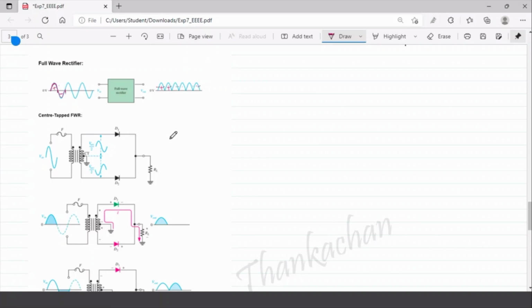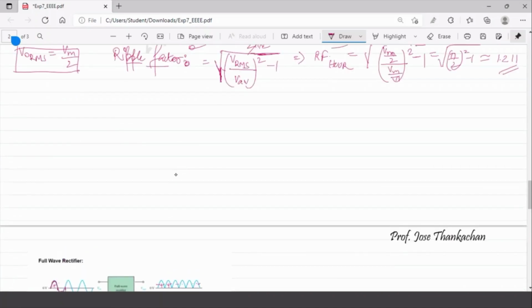For a half wave rectifier, we had seen that if this is the input, the output was coming out to be like this, with the time period. That means for one cycle it was getting only one pulse at the output. This is the output voltage, this is the source voltage, and both will have the same frequency. The frequency of the output is equal to the frequency of the input because both have the same time period.